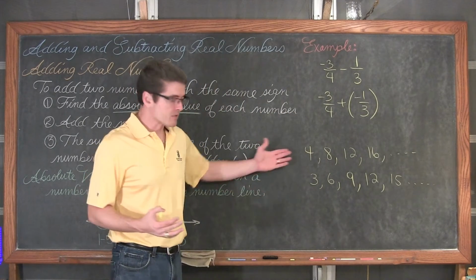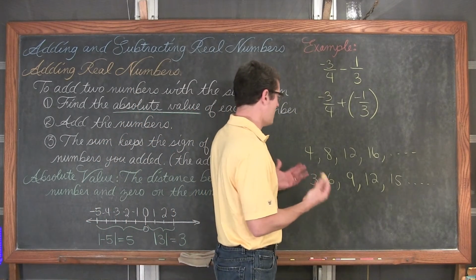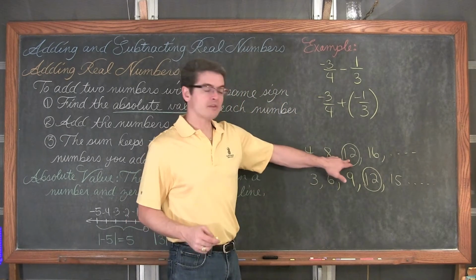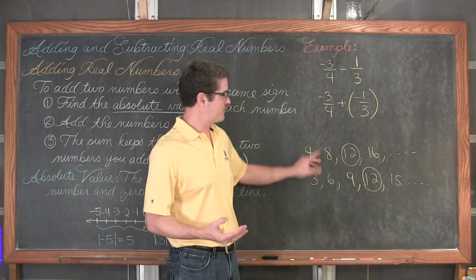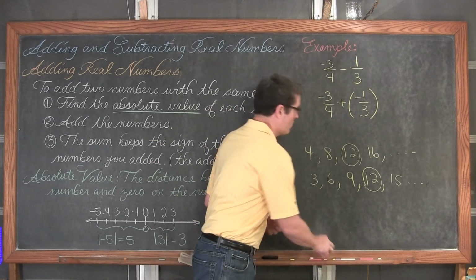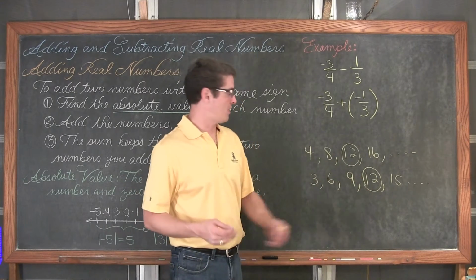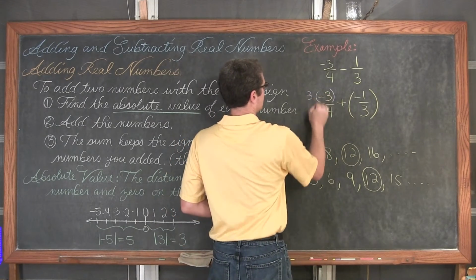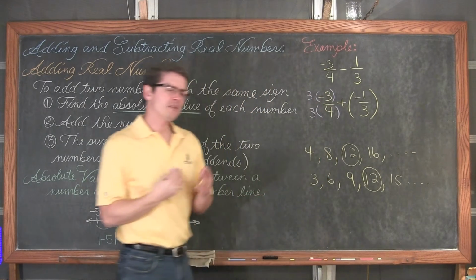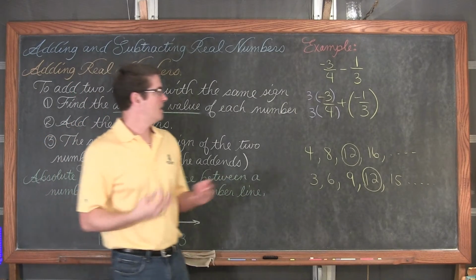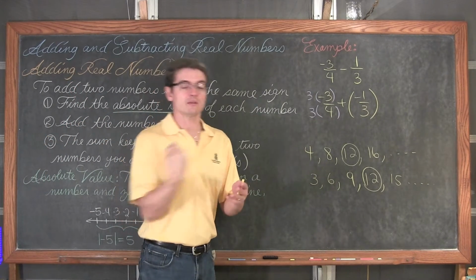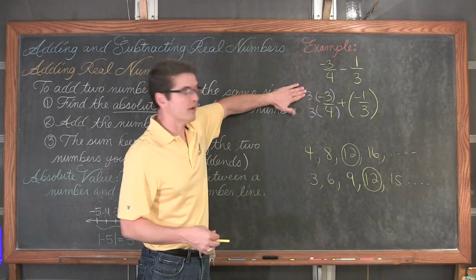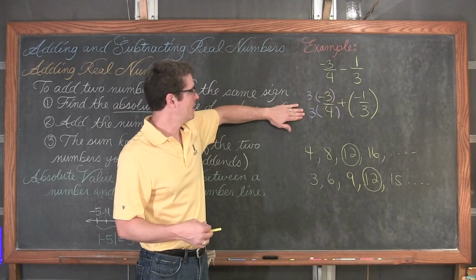Well, as I look down these multiples here, the list of multiples, I have a common number of 12. Now, 12 is the third number in the list for the multiples of 4, so I have to take this 4, and if I want to find a common denominator, which by the way is going to be 12, this is the lowest common multiple, I need to multiply 4 by 3, and I'm trying to make the fraction look different, not change its value. So I can't just multiply 3 in the denominator and that's it, because that's going to change the value of the fraction. But if I multiply the numerator and denominator by 3, the top and bottom number,